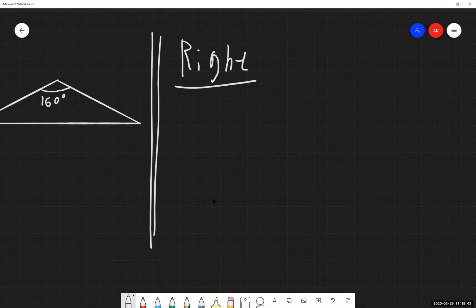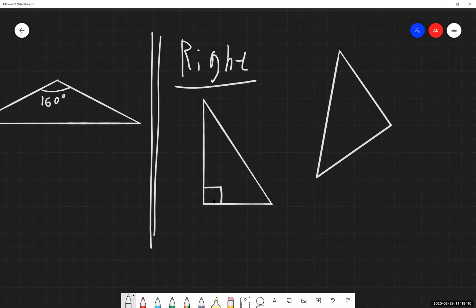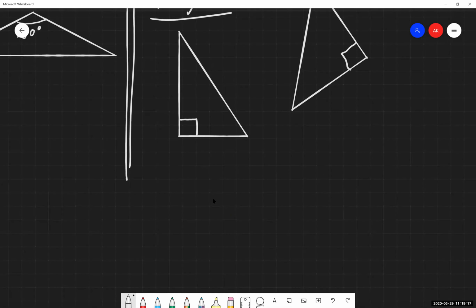So then we'll go to our right triangles, which have a really distinct, really obvious giveaway, which is nice. Anytime you see that little square showing up in a triangle, that square is the giveaway that it's a 90-degree angle. And right off the bat, you can jump to that's a right triangle. We worked with these when we had the Pythagorean theorem stuff. Very important, very unique triangles. So again, that square is the big one that you want to be looking for.